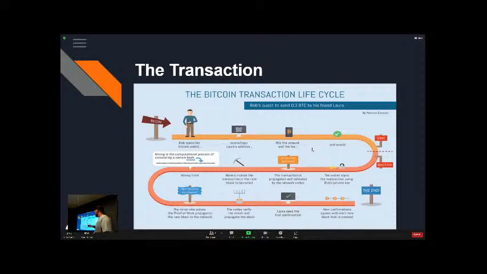So then the miners include it with the 2,500 other transactions that are in queue, and then it hashes them up. It does the work, what's called the proof of work protocol. It solves an algorithm, and then whichever miner solves that proof of work first, it's a math equation, gets that reward. And then that's when new Bitcoins are created, and currently the block reward is 6.25.